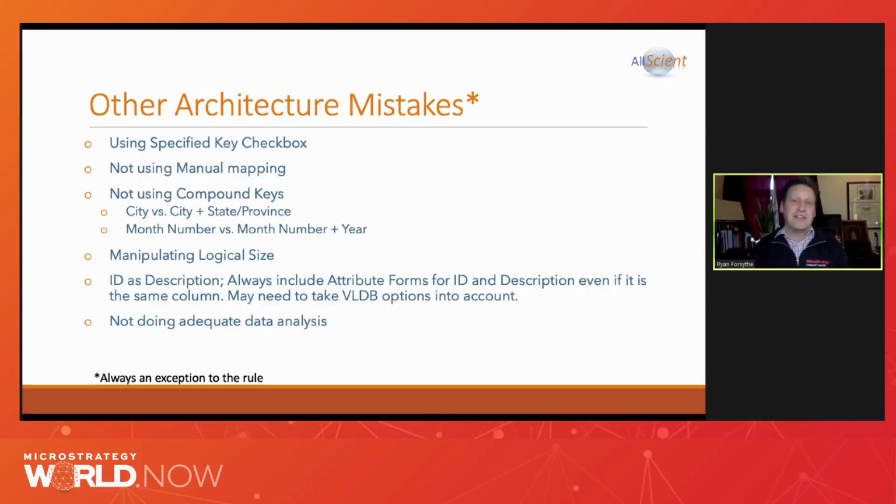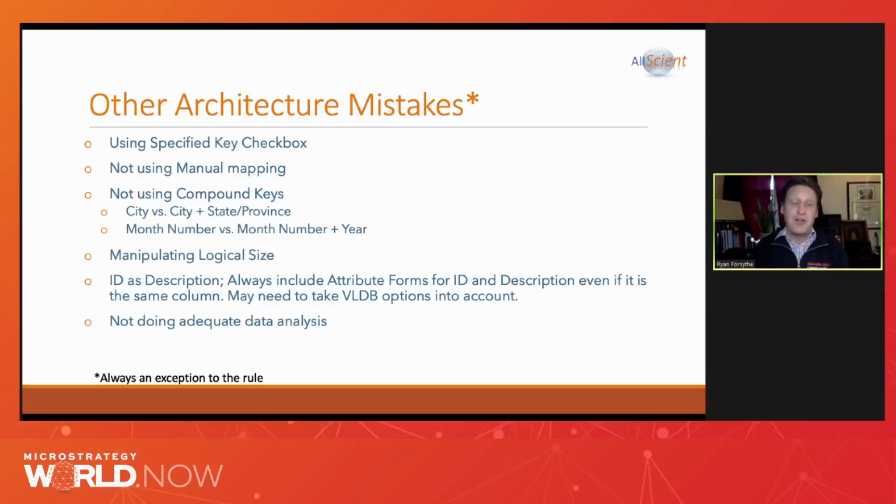So you actually need to have city, state as a compound key. You can have a description form as city if you want. And then you can also add on other description forms, just city, city state code, however you want to do that,